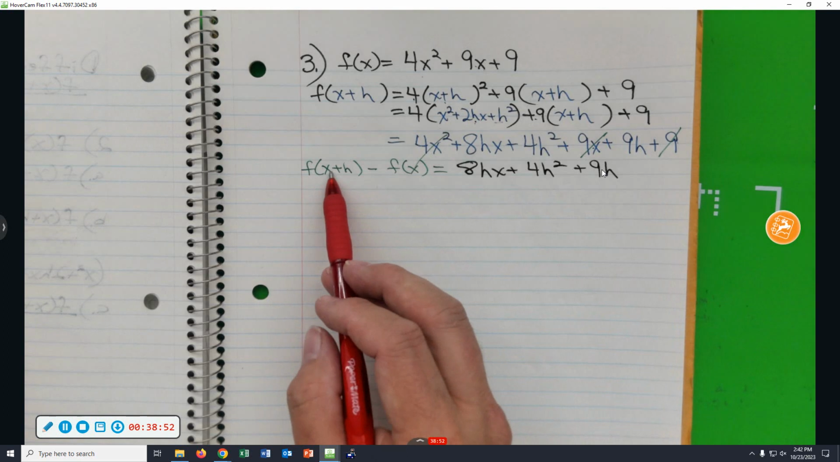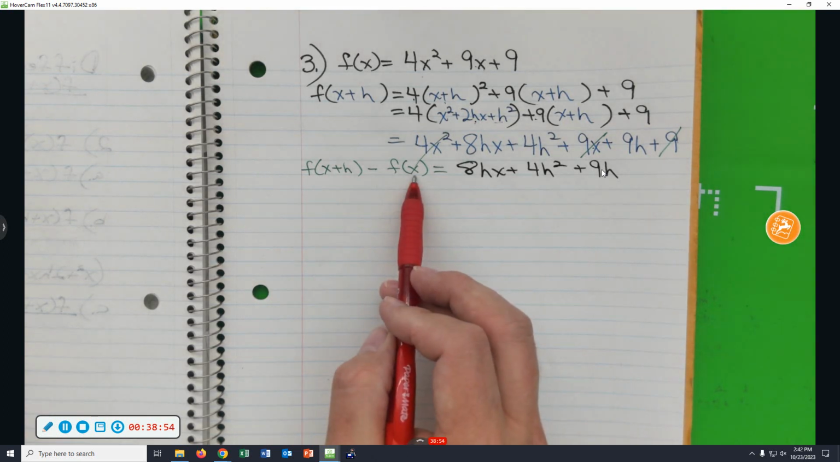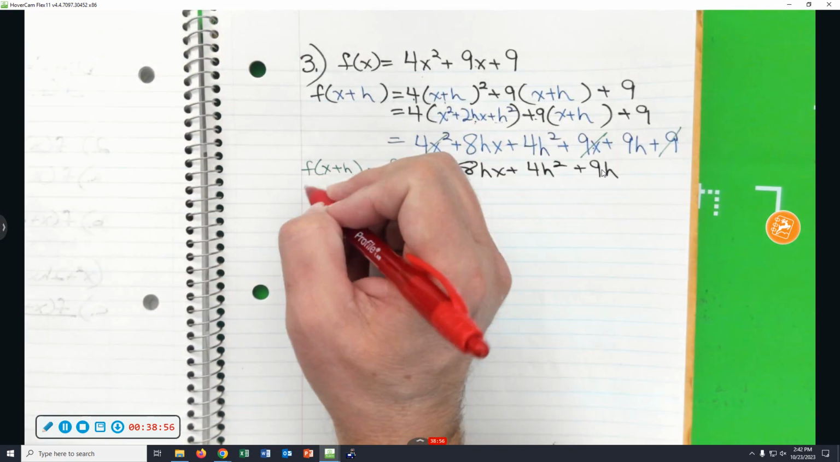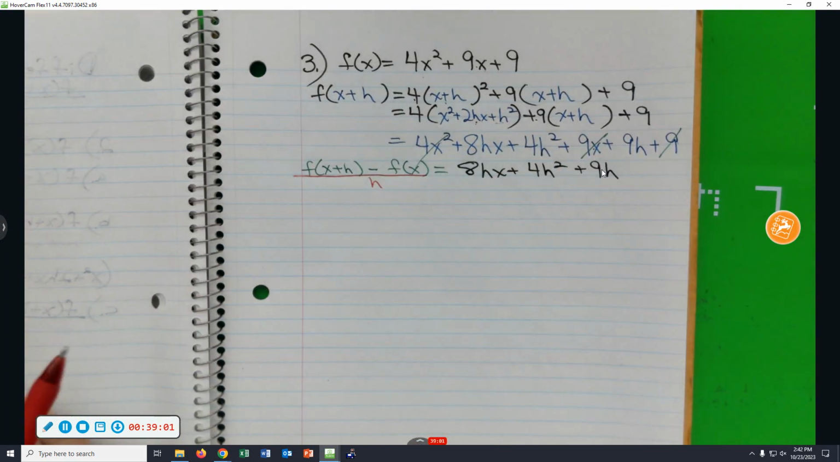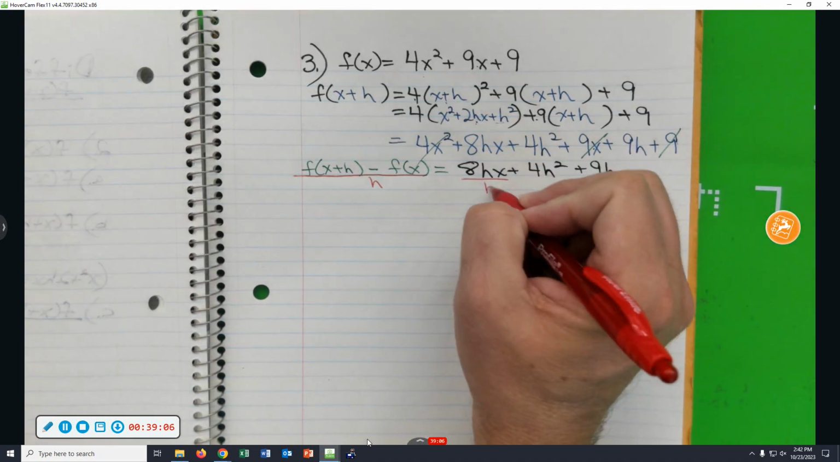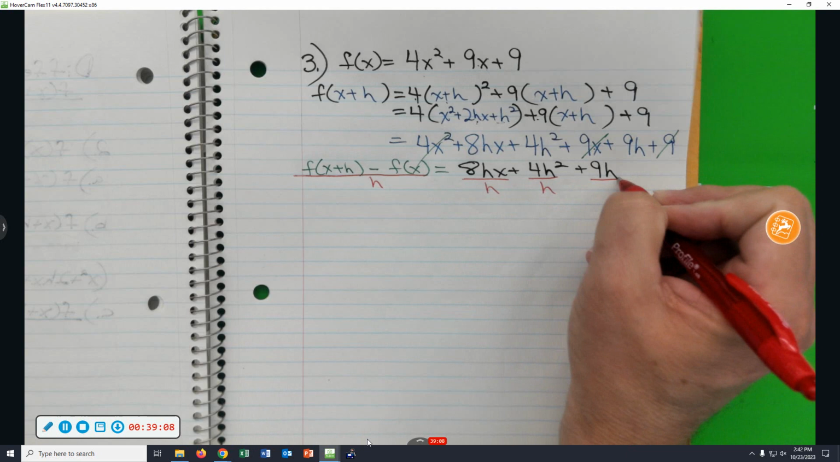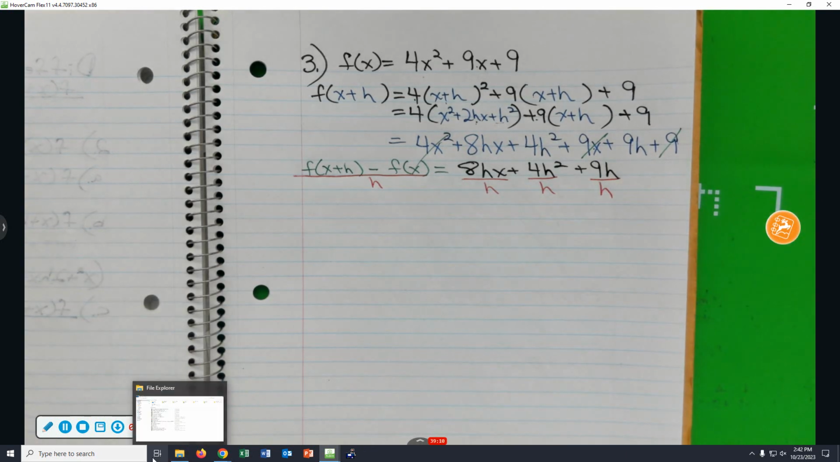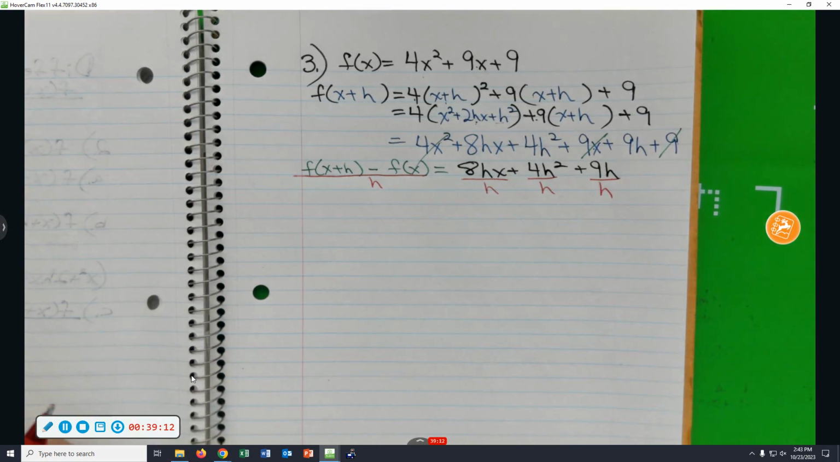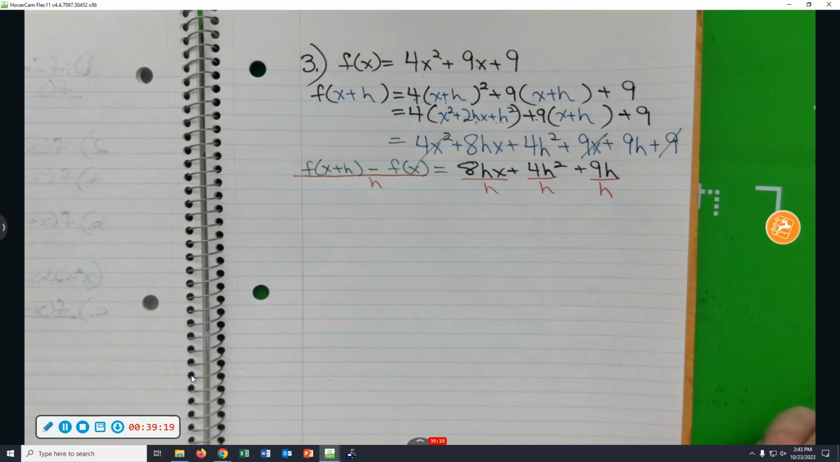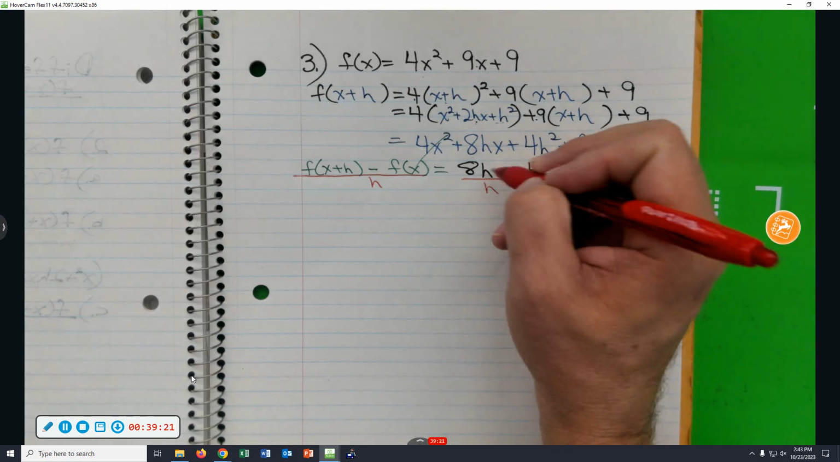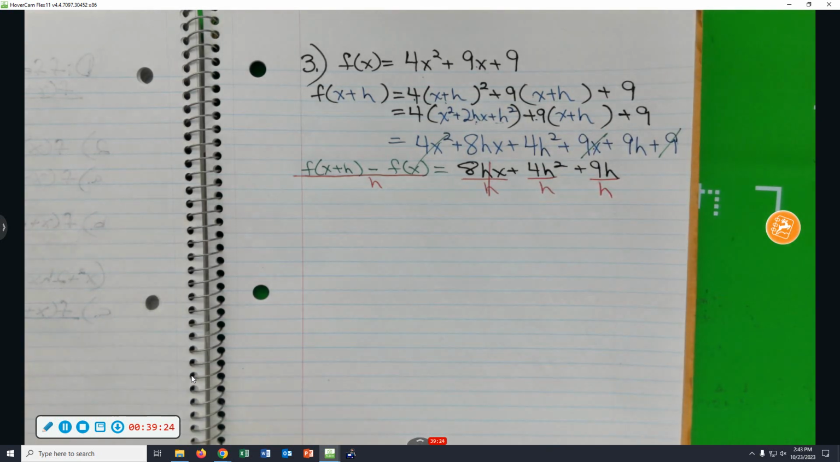So now we've found f of x plus h minus f of x. Now, all over h. The easy way to do it, just put each term over h and cancel the fractions individually. Remember I said every term had to have an h, so every term's going to have the fraction canceling out. The h cancels, leaving us an 8x